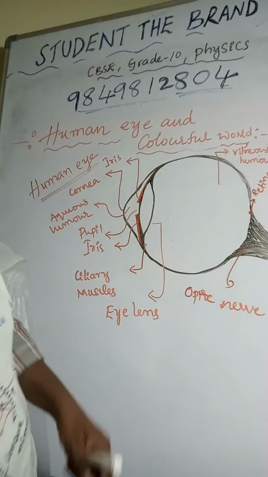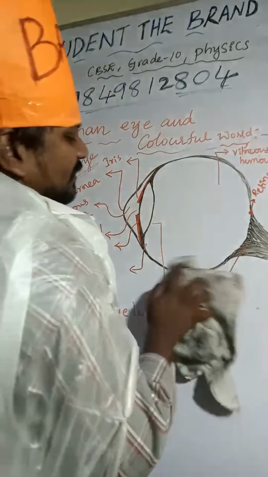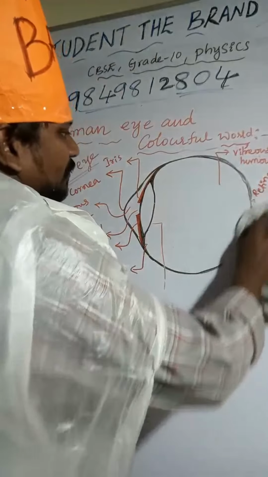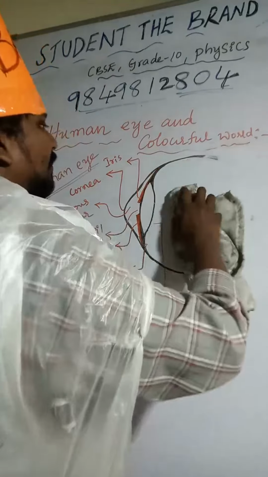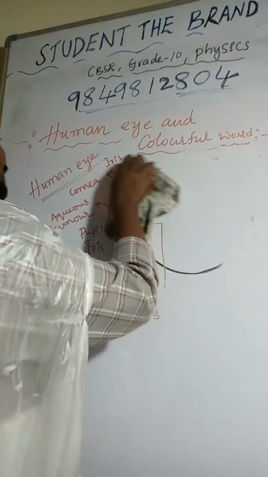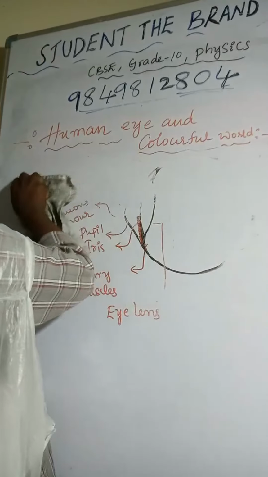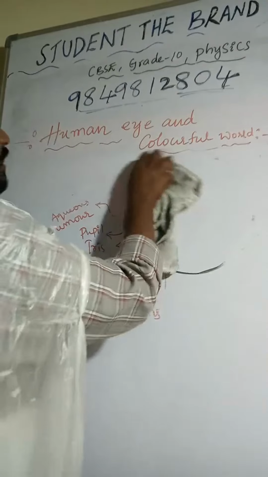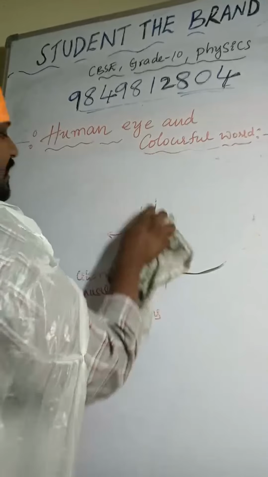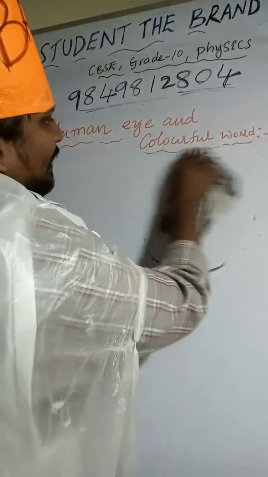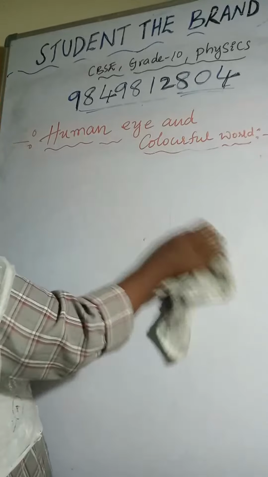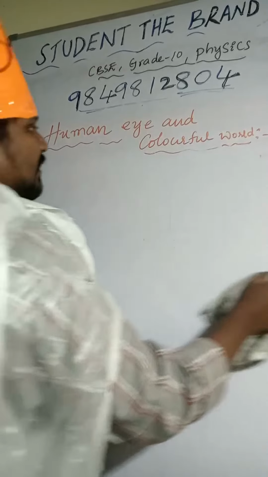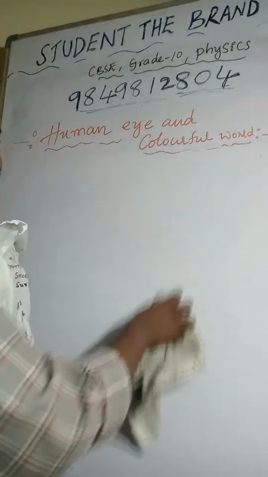refractive defects. Generally, what is refraction? Refraction is nothing but when a light ray is passing from one medium to another medium, the bending of the light ray at the interface of the two media. Normally, if light rays refract properly, then only the image will form at the retina. In case the lens is not refracting the light properly,